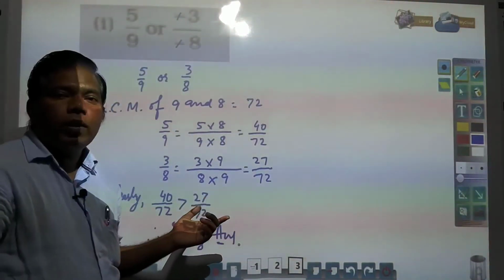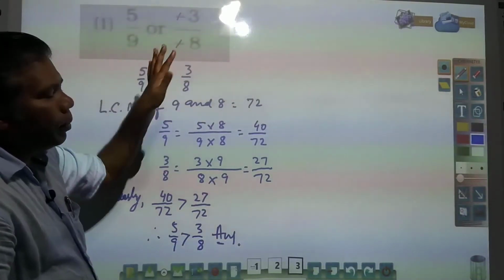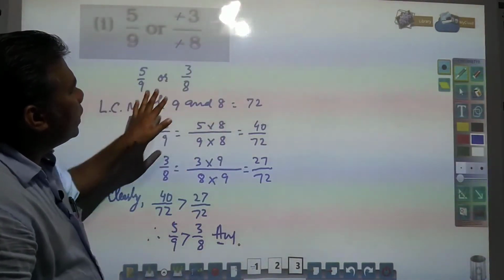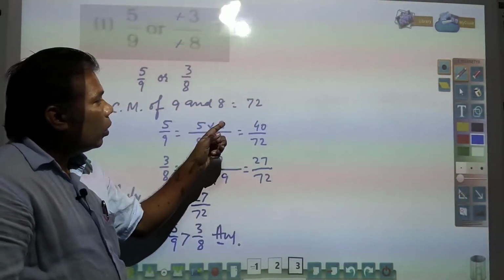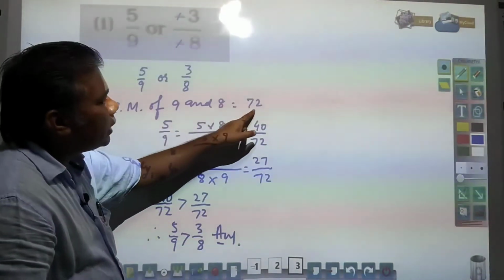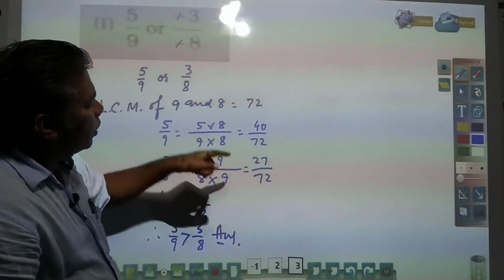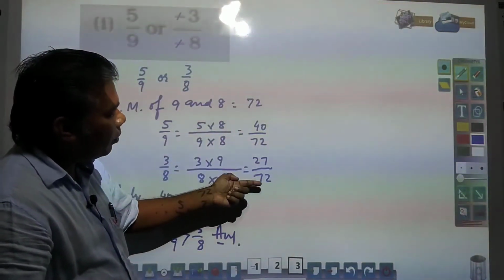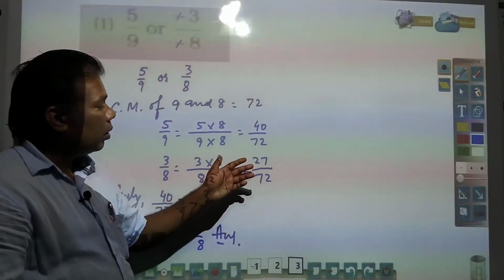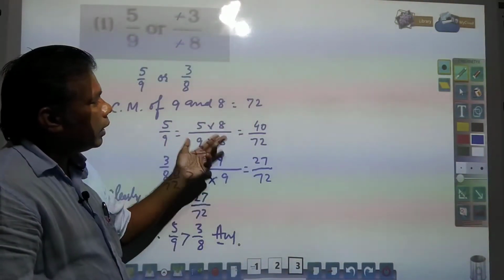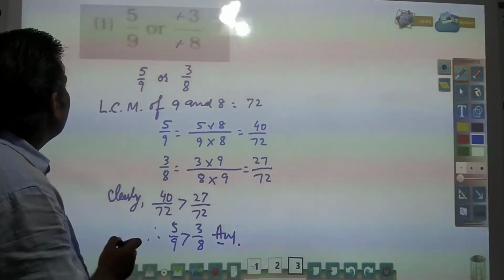So in this way this is required to be done. Simply, what is needed to be done? First of all, denominator is required to be made positive. Then we need to find out LCM, and we need to convert this rational number into denominator having LCM. Same denominator is required to be made of both the rational numbers. So we have converted into same denominator 72 and 72. Now you need to compare your numerator. The greater numerator will be greater one, and likewise your rational number will be greater or smaller.